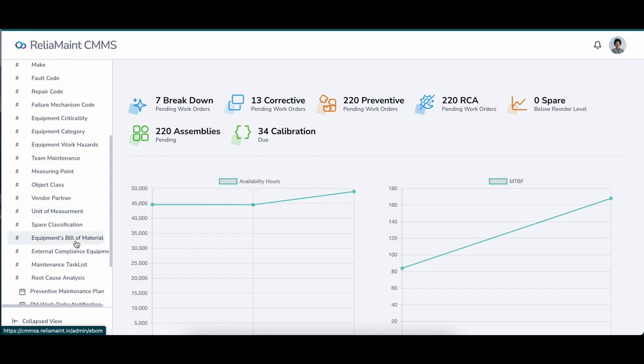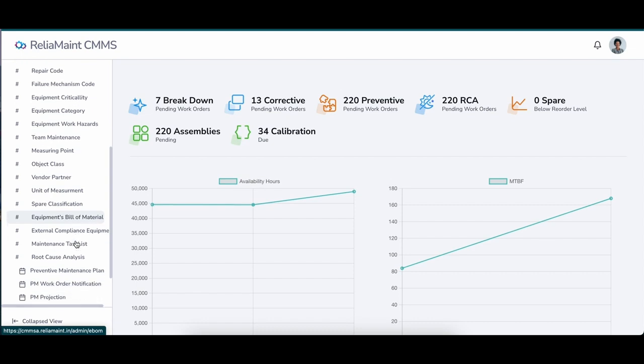We have an equipment bill of material. Fundamentally it is the components used on a machine. That means there is an equipment, and that equipment has many components. You can write all components, or only the major components. Later it will help you with inventory control as well as maintenance tasks at each component level. You can review how a certain component can fail and what we can do.